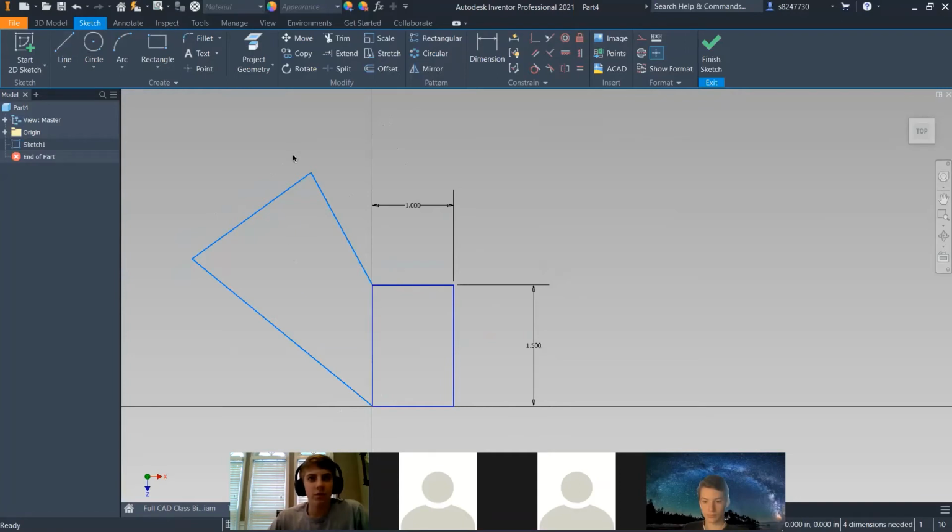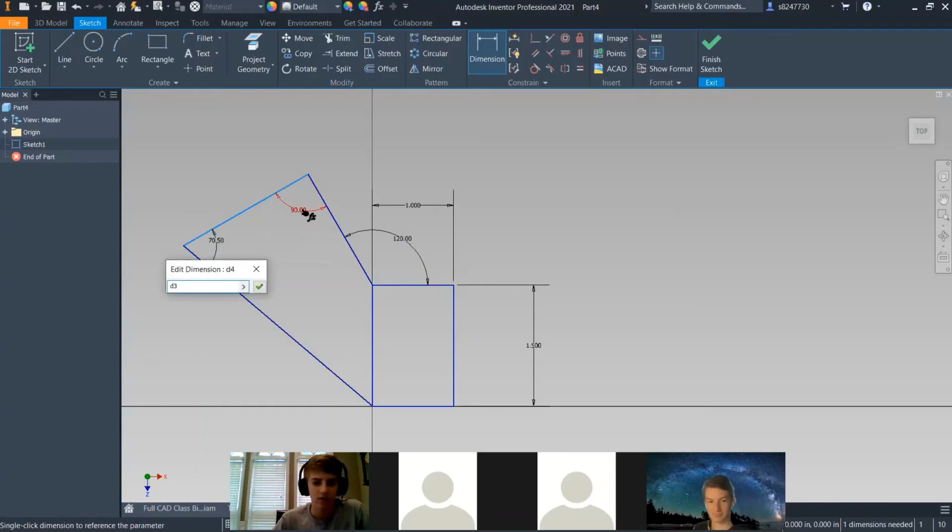So basically we're creating kind of like a little offset thing that the bolt can go through. We're going to click dimension, click this, and then click this line, and it'll automatically go to the angle, which I want to be 120. Then I want this angle to be 90. And I want this angle to be